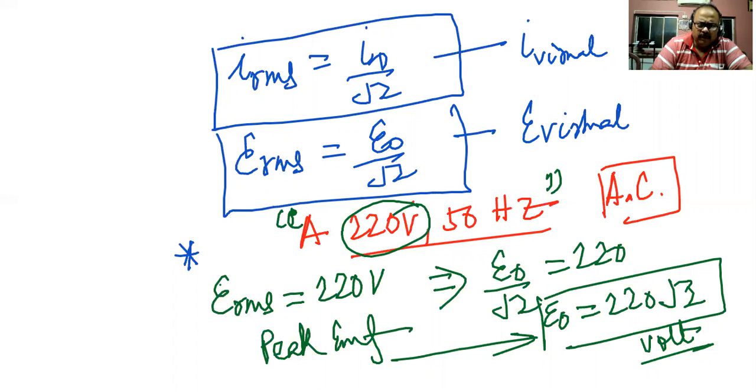So always we take the average value as half the cycle, I told you, but the RMS value is actually taken